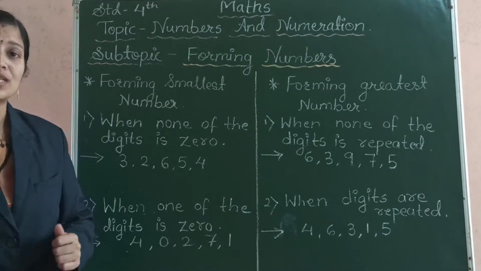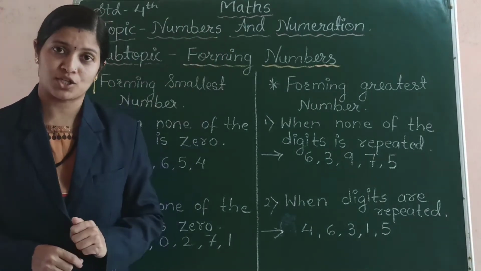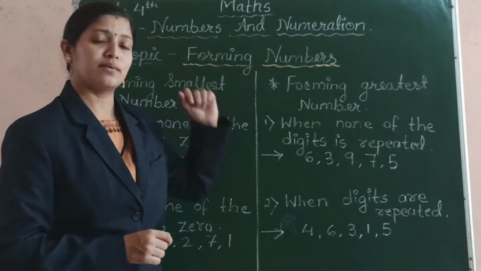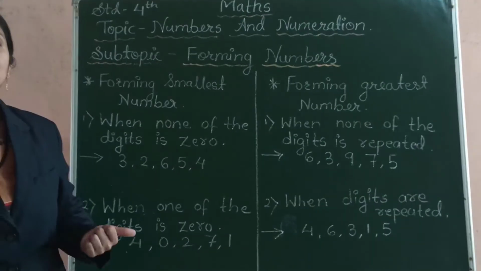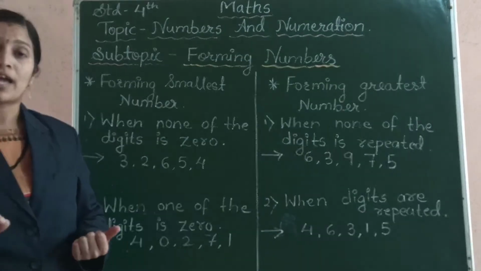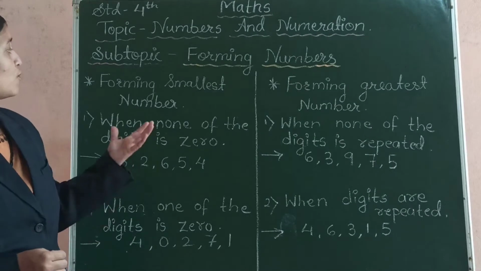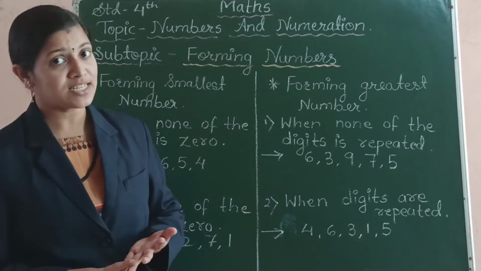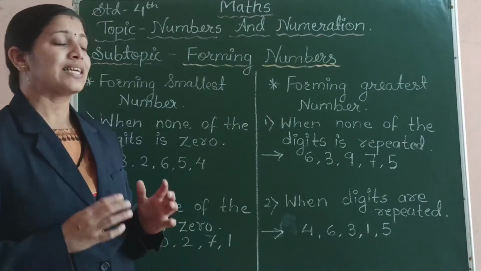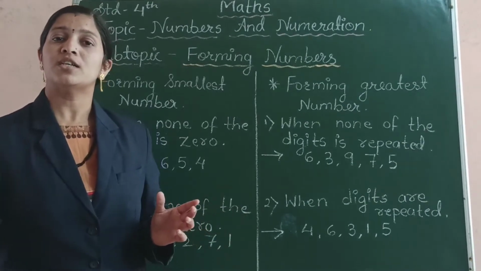Today we are going to see the next subtopic from lesson number 1, that is numbers and numeration. For today we are going to discuss the subtopic forming numbers. In your earlier class, that is in 3rd standard, you have learned how to form the numbers which have 4 digits. In this class we are going to learn forming of the smallest number or greatest number which have 5 digits or 6 digits. So there are some rules which we need to follow to form the 5 digit numbers or